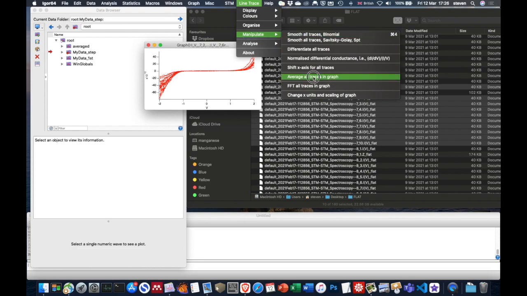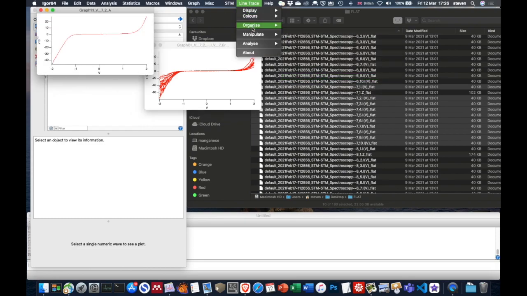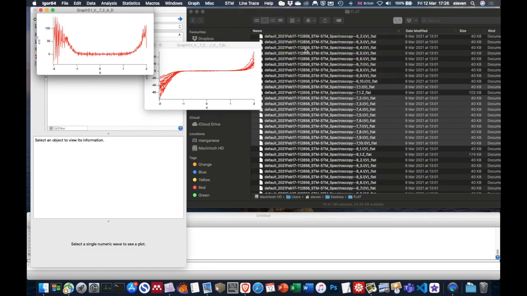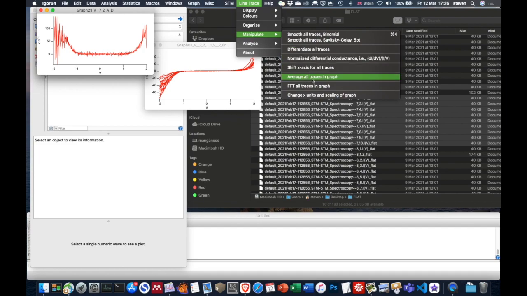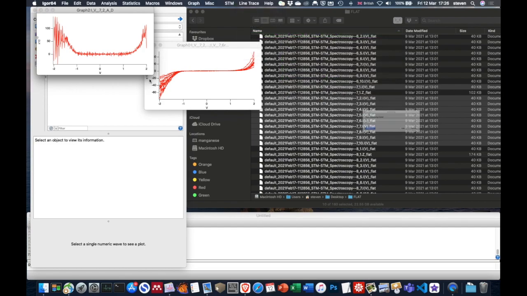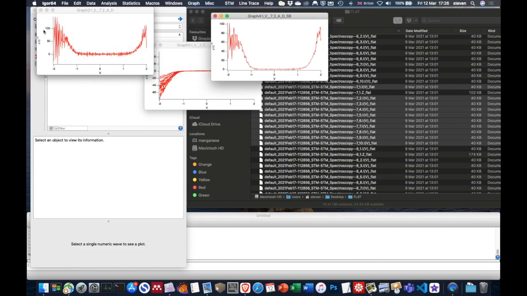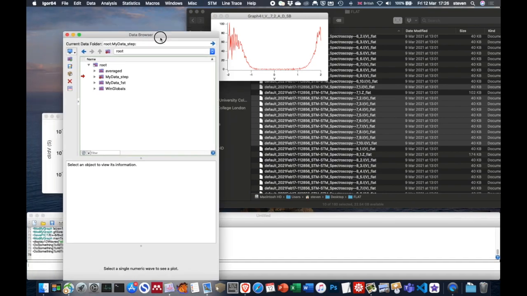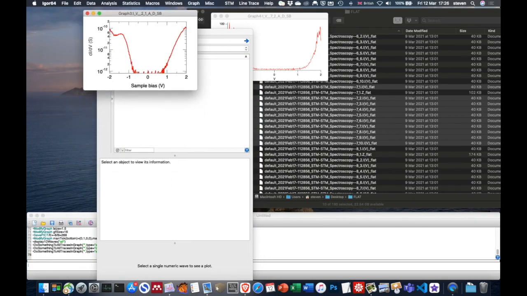We can come in here and average these traces. I'm just going to do exactly the same thing again, so differentiate them and smooth them a little bit. Okay, obviously this is not the quality of data that we need if we were really doing a measurement, but let's now